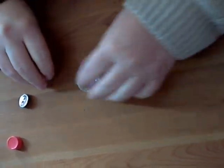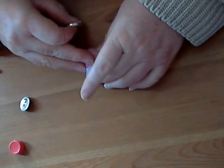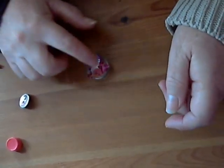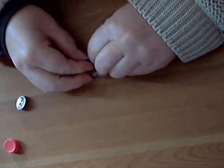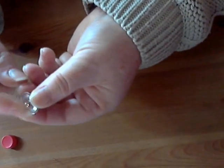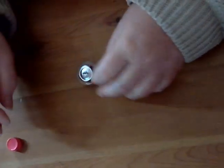Right, here's my button front, which I place upside down on the back of my fabric, in the centre of my fabric. Or would it be easier if I put the fabric, which is more or less in the centre, on top of the mould, put the button and press. And then you fold the excess around the back. Okay, my fingers are a bit porky for this, but you bear with it. And then you get the button back, making sure the loop of the button is uppermost, and you sit that on the top of the button,